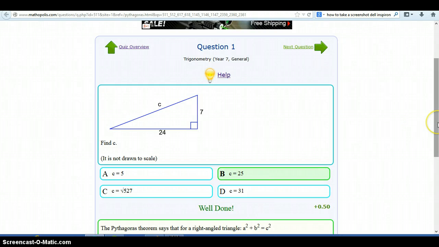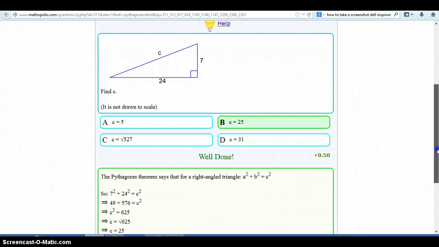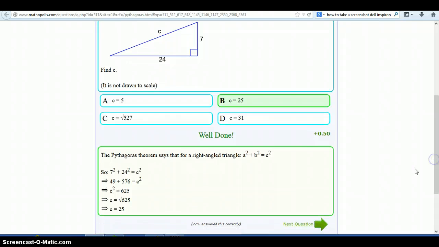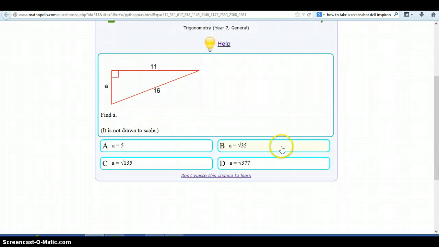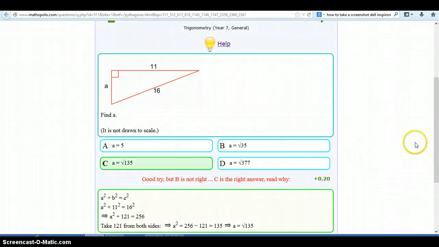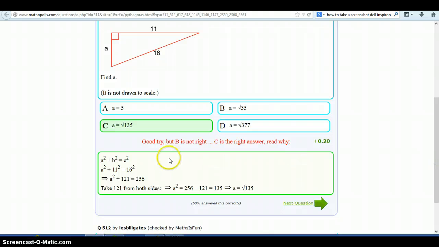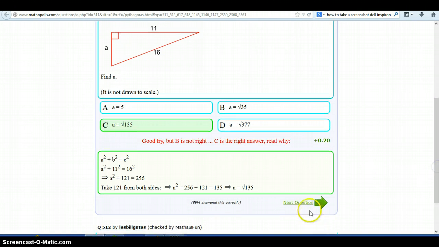And I got this right. So when you finish a question, scroll down and see what they say about it, and then go to the next question. If you get it wrong, you should definitely read through it and see how they work it out right there. So at the end, right here, where it says next question, at the end when you finish all the questions,